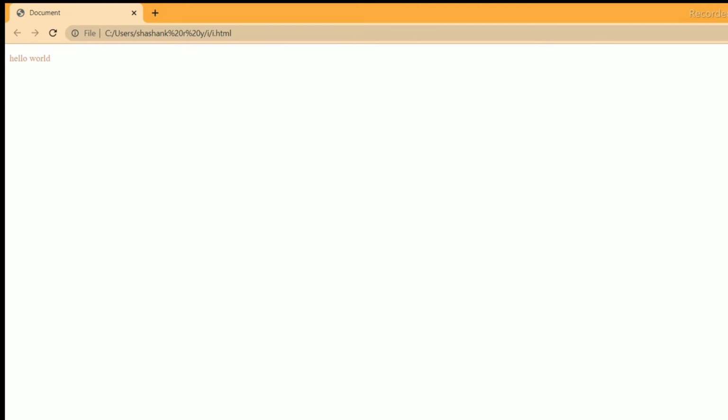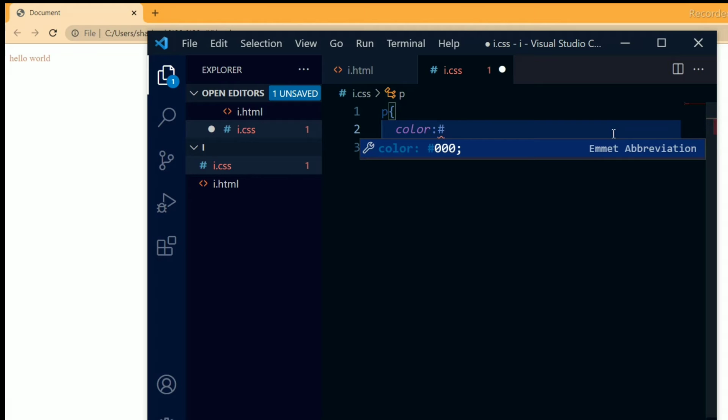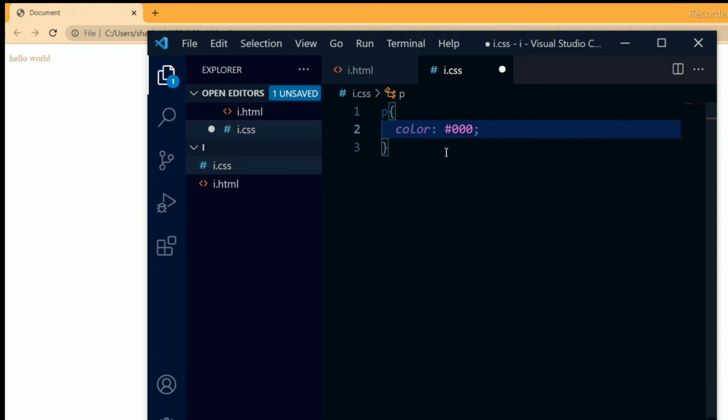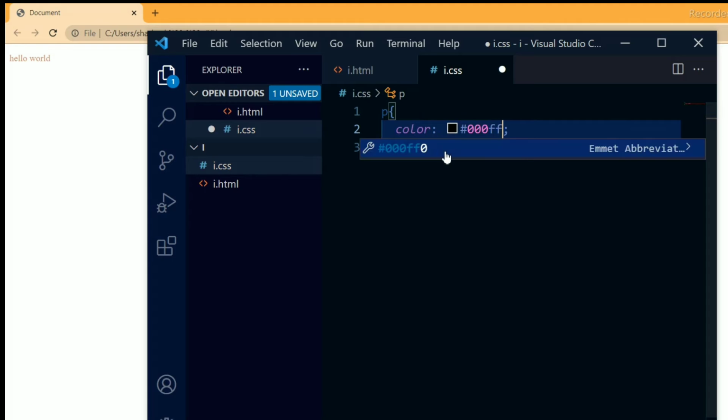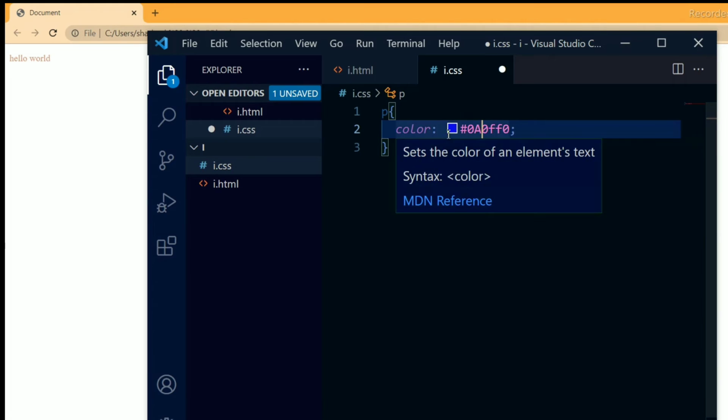When I am discussing hex color, it starts with a hash mark. This is a hash mark, and we use 000, and I use FF0 and 0. When I use A, as you can have a look at in VS Code, the color is getting changed here.